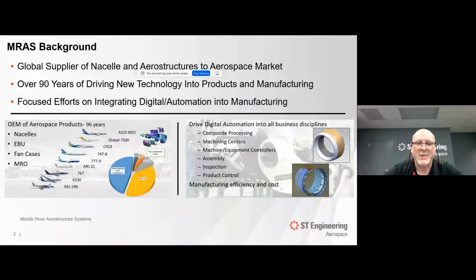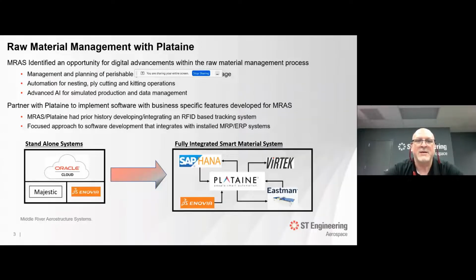So you can see we have a product line. We've been in business for a long time. And this is kind of what we're doing with Plataine. We identified that our material handling system was not very modern. We have planning and we use Excel and various methods, but it wasn't really a smart system. So the intent was to bring in a new system that would manage all of that for us: all of our perishable goods,